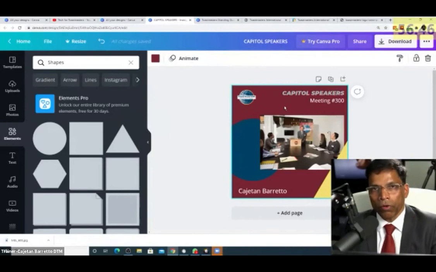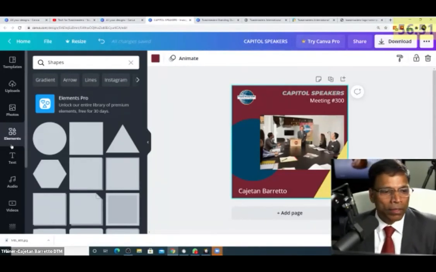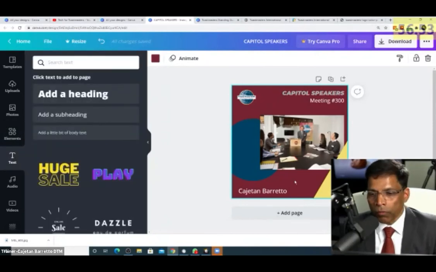Of course, we can put a lot more text in it, but that's simply click on the text button, add whatever text you want, whatever details, the Zoom ID, the password for the meeting, theme of the meeting. All this can be easily done because that is nothing new. It's what I have already explained to you.